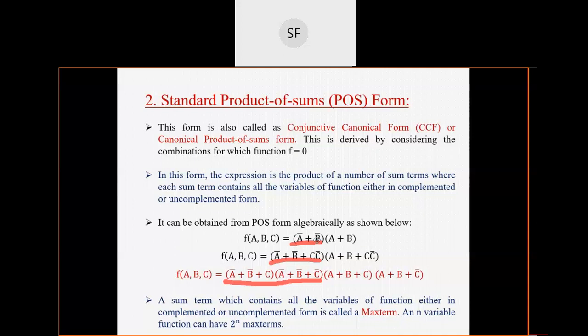Okay, so now it's up to you how to remember this thing. Generally, when any one term in product of sum form is missing, you first write it as plus C C bar, and then you write two different brackets. In the first bracket you give C, and in the second bracket you give C bar. These two terms, A bar, B bar, will be the same. Similarly, in this case, you can observe here.